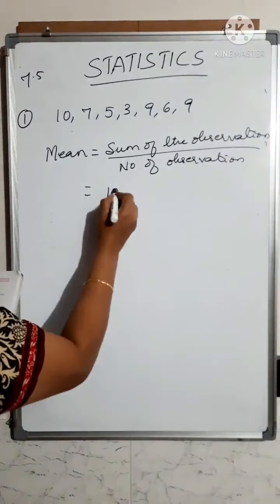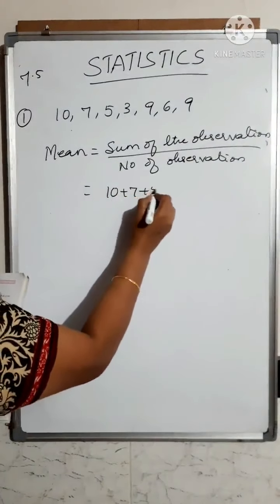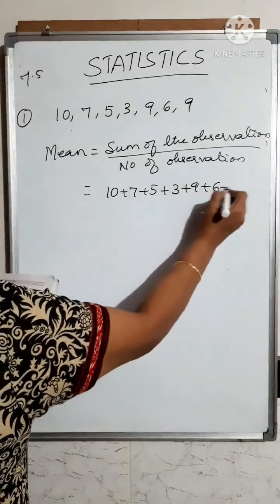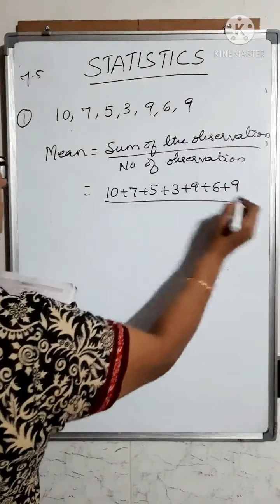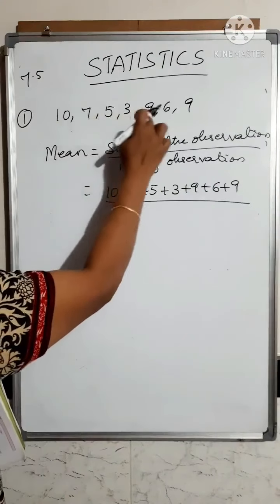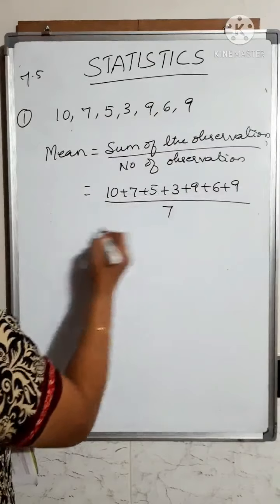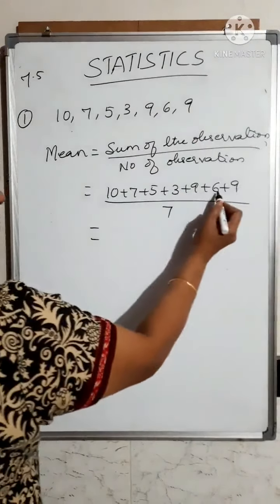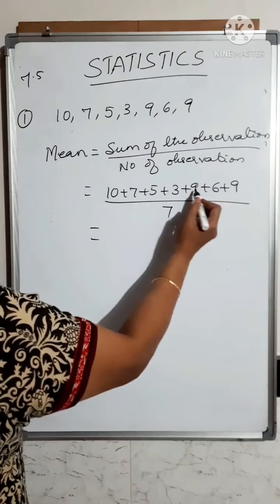So that is 10 plus 7 plus 5 plus 3 plus 9, 6 plus 9 divided by... see how many scores are there, how many data is given: 1, 2, 3, 4, 5, 6, 7. So divided by 7. So when you total up everything, you get 15, 24,